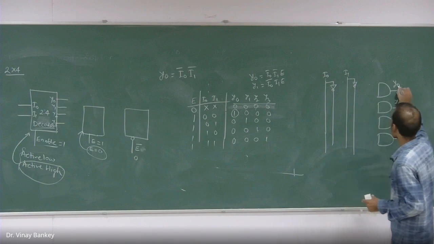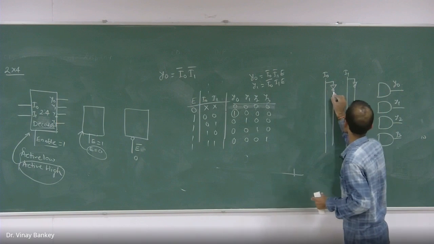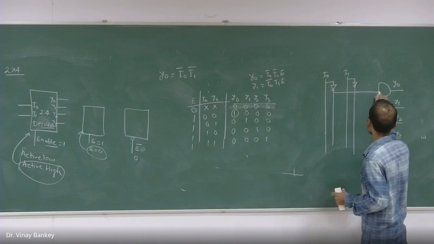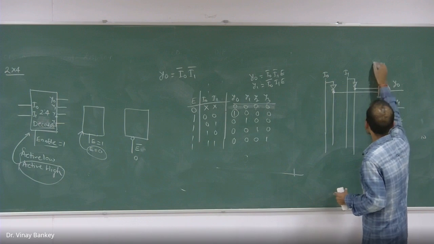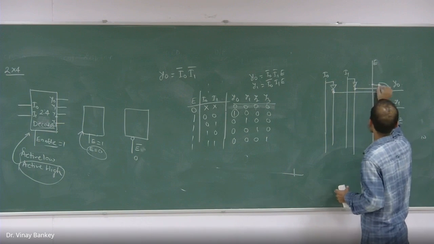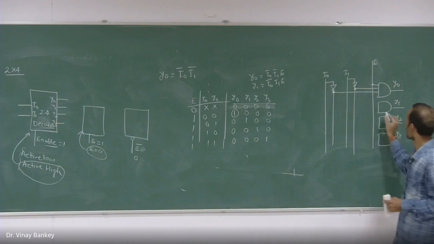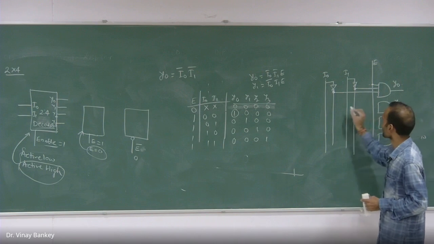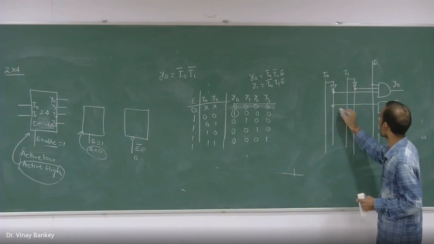So for Y0, you should have I0 bar and I1 bar. So this will be connected to it, and there will be an enable input here, E, that should be connected to each AND gate to operate this. Now Y1 will be what? And this will be